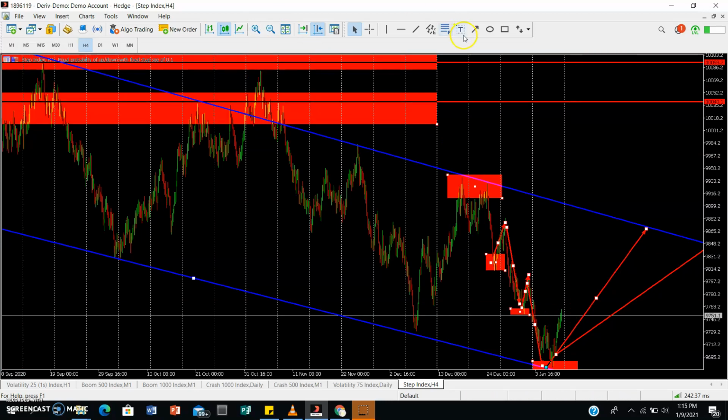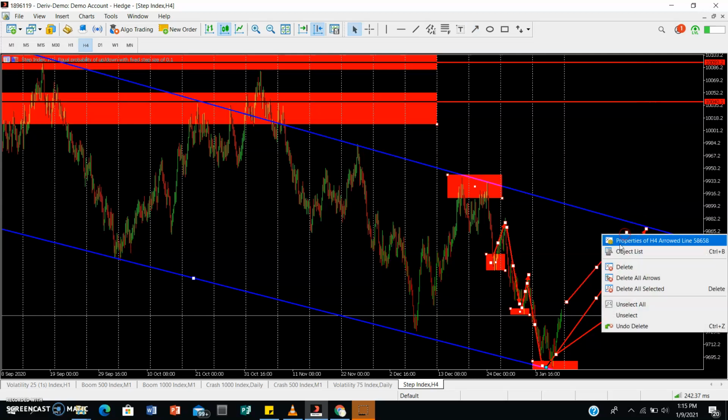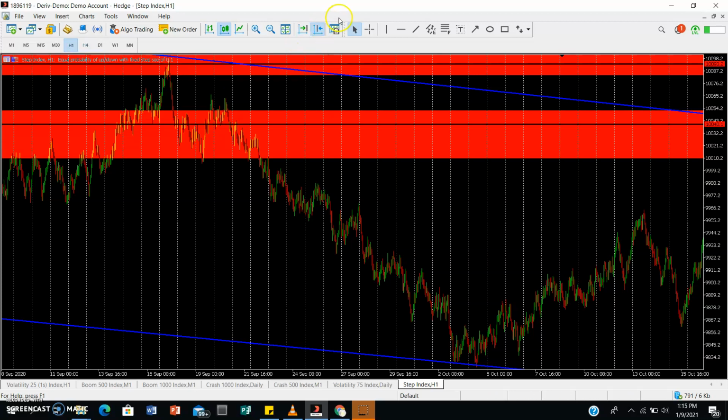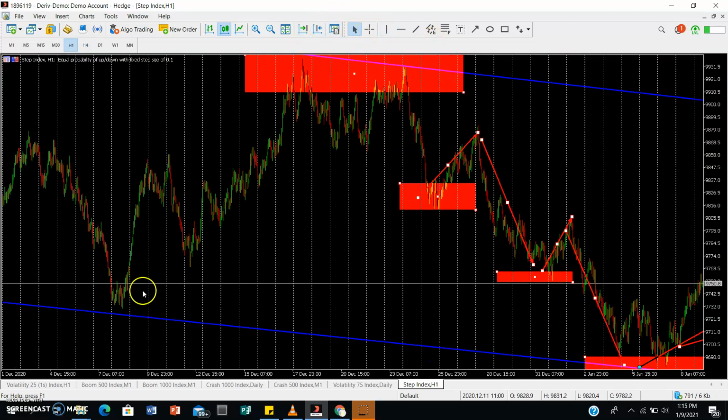So we're going to expect, obviously we're not going to expect price to move in a straight line like this. There will obviously be retracements here and there. As usual, price moves in impulses and retracements, but that's the overall procedure we